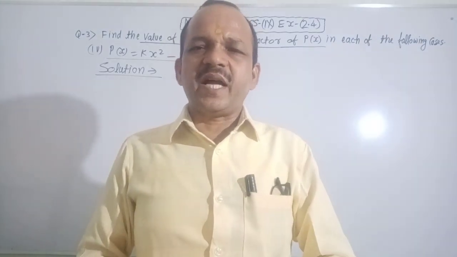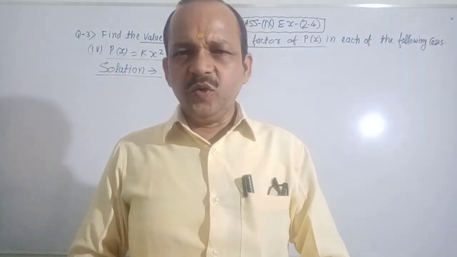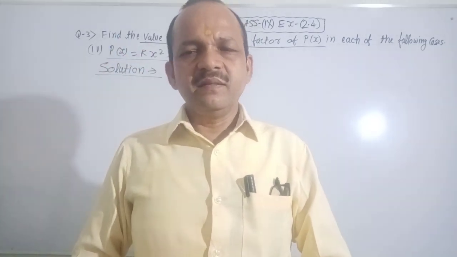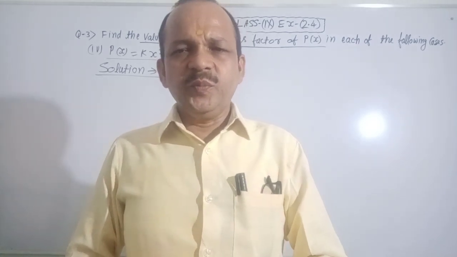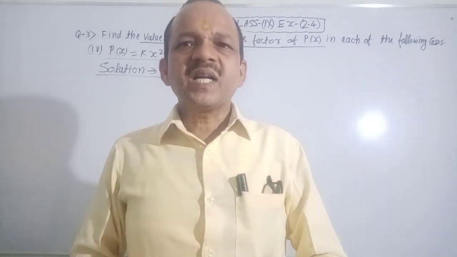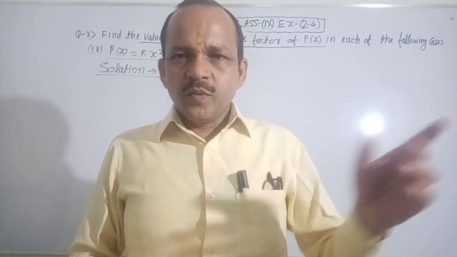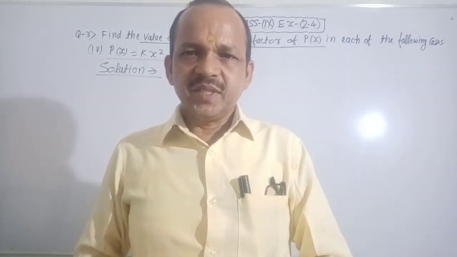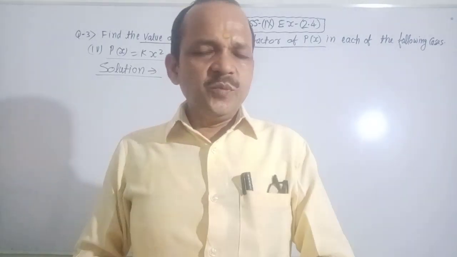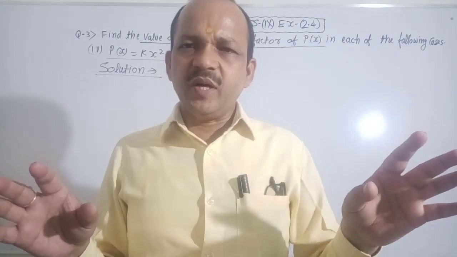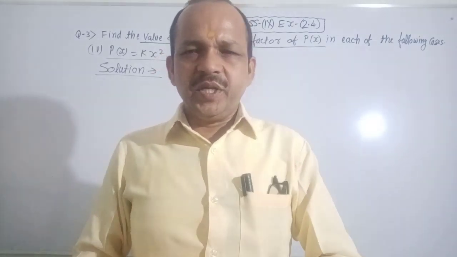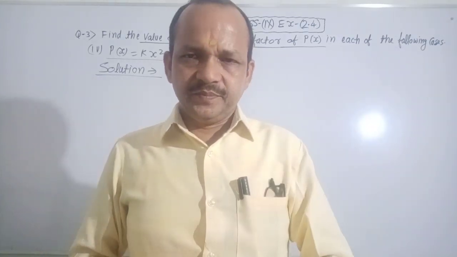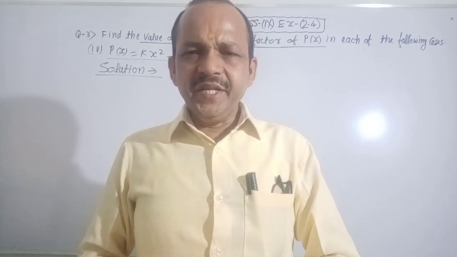Now I want to describe types of polynomial. Polynomial is of two types. First, term-based polynomial. Second, degree-based polynomial. Term-based polynomials are many, namely constant polynomial, zero polynomial, monomial, binomial, trinomial. Is term-based polynomial clear? No confusion about it? Very good. Now I want to describe degree-based polynomial. Degree-based polynomials are many, namely linear polynomial.